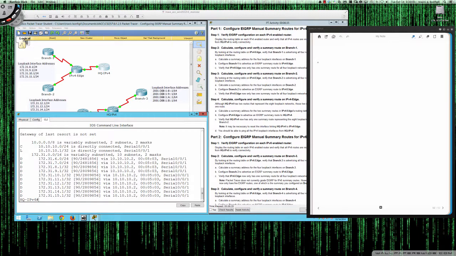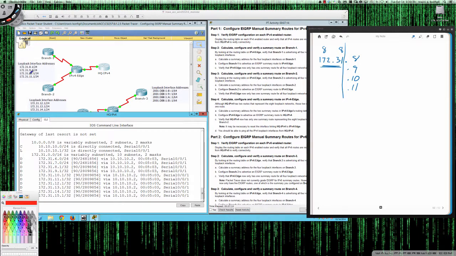And so if we take a look at Branch 1, we have 172.31, right? Whoops, and that actually makes it look like an IPv6 address. So 172.31 dot, and then we have .8, .9, .10, and .11. So here is our dotted decimal format. Now we can clearly see that for all 4 addresses, the first 16 bits, right? There's 8 bits in the first octet, 8 bits in the second octet, that these are going to be identical. Because if I look over here on the addresses, you can see that the 172.31